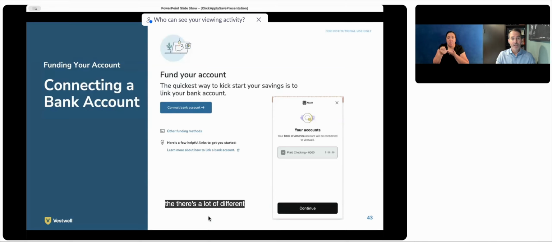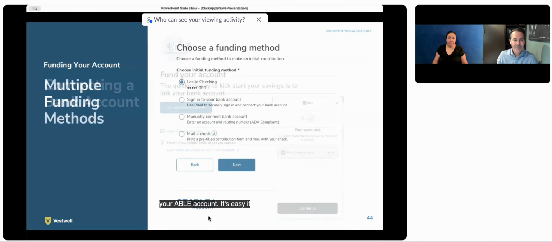This is just an example of quickly and easily linking your bank account. Lauri mentioned that you can enter in your account number and your routing number and some information and do it that way. We also at Vestwell give you the opportunity to just automatically link your bank account by using another system, Plaid. You log into your online banking system and it just automatically links whatever account you want to your ABLE account. You just select one. It's easy, just takes a few seconds, but you can add it other ways as well.